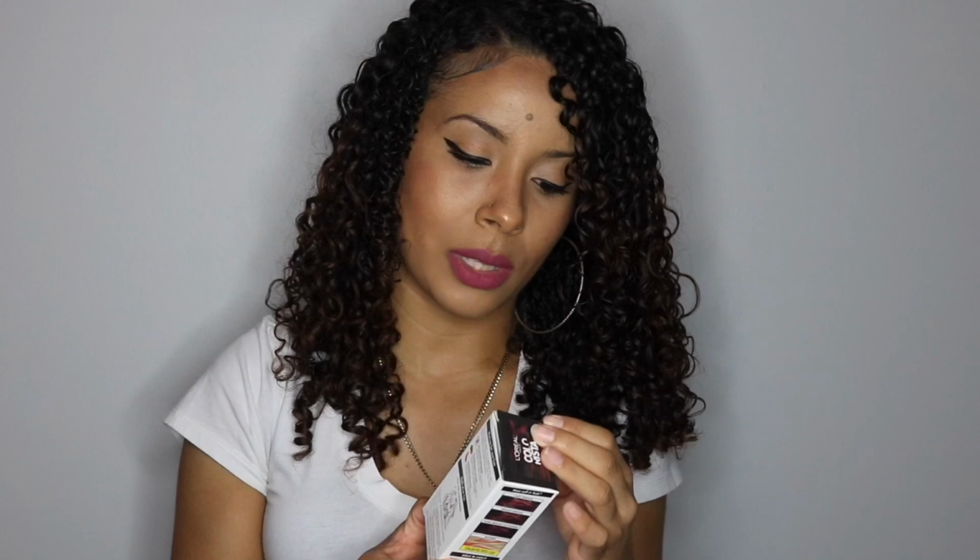And then it gives you some application tips down here. It says that these colors are best used for the tips and the strands of your hair. Place a towel around your shoulders to protect clothing. With your fingertips, apply a dime-sized amount onto a thin, dry strand of hair. No gloves are needed. Comb or brush hair to distribute the hair makeup. Air dry or blow dry, style as desired. So that's pretty cool. And then it also gives you the color schemes for how it will look based on your hair color. It has a disclaimer that this shade might last longer on people with blonde hair, because this one, as you remember, is for brunettes. It says for brunettes and black hair only. So just make sure, because on the box it tells you they have shades for blondes, but they also have shades for brunettes. So when you're buying yours, just make sure that you're buying the correct one for your hair type or for your hair